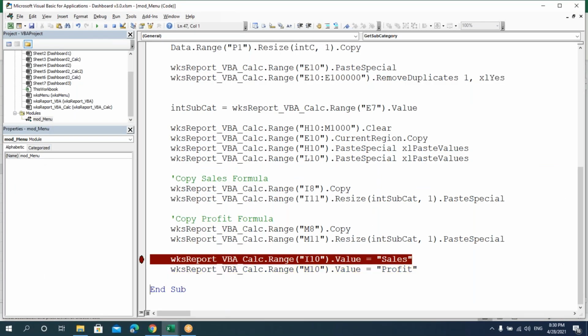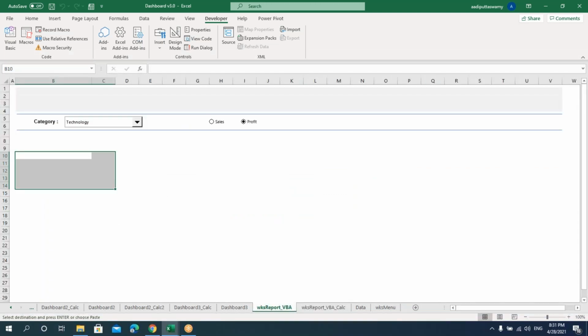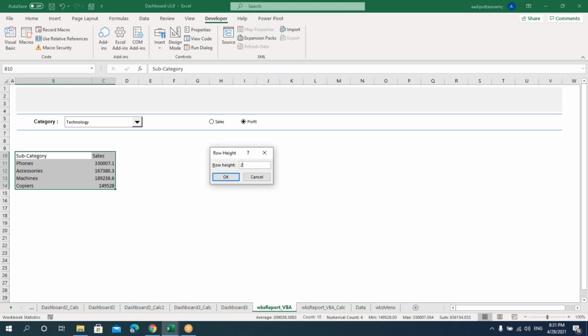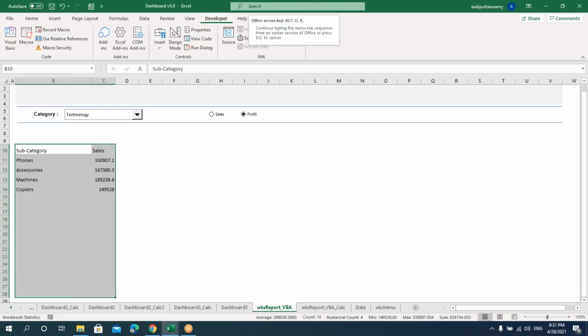Okay, right. So what I'll do, I'll just copy this data manually and we'll paste it here. Paste it as values. Let's try to format this. So whenever you're doing any code, first make sure that you're doing it manually and then convert that into code. Now let's go here. I'll just format this. We'll format some more rows here.